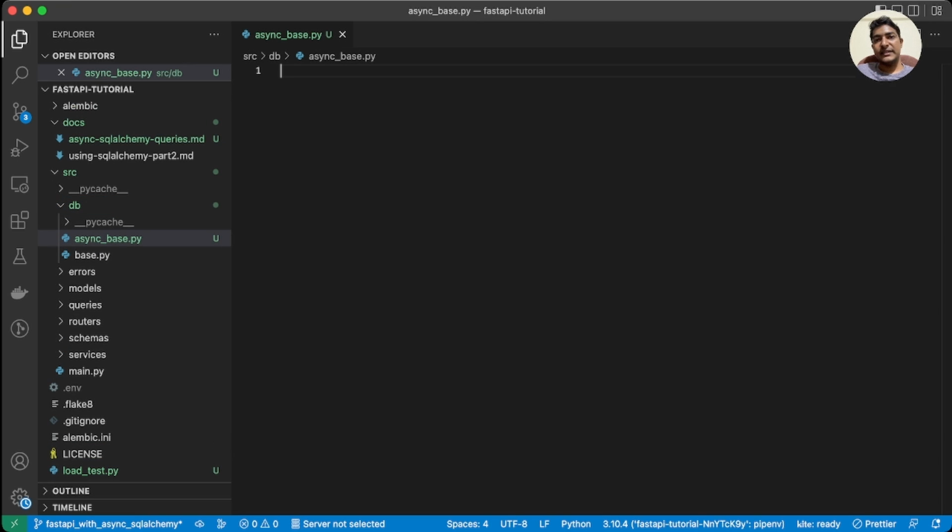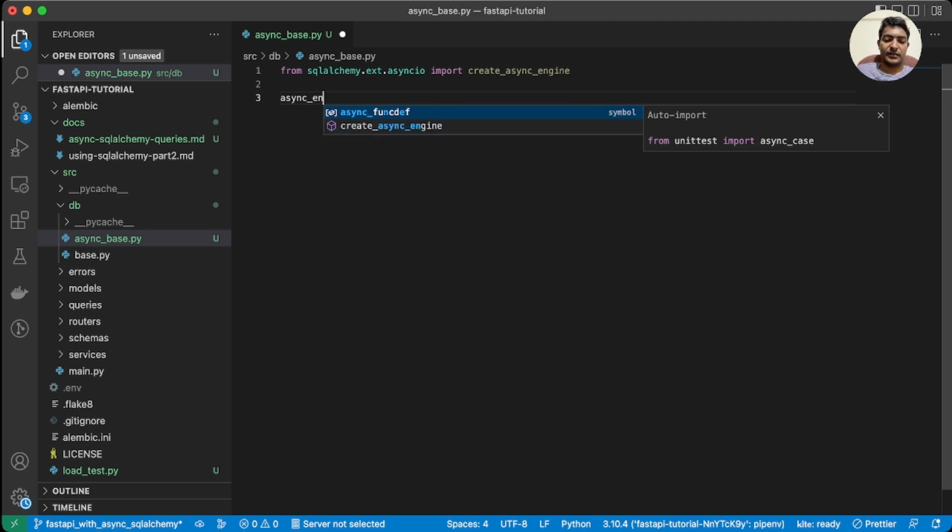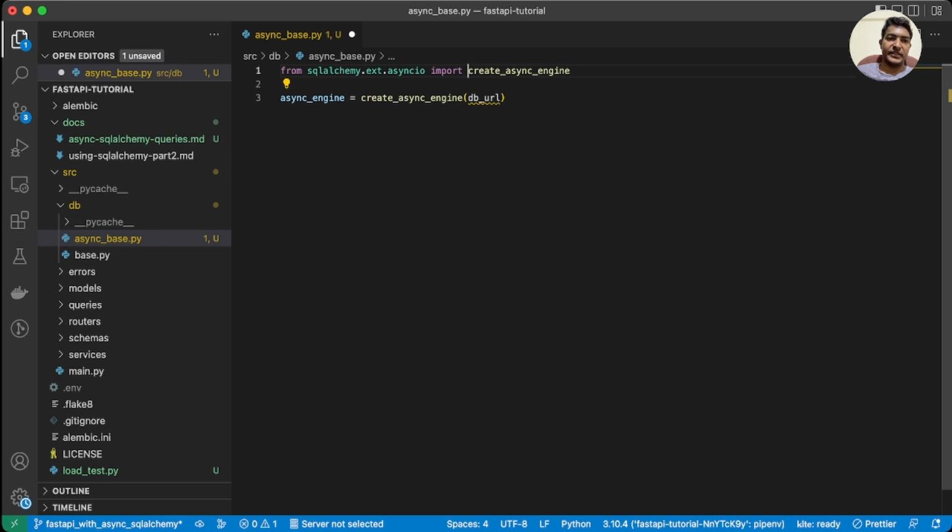Now we need to create the async engine. So let's import the statement from sqlalchemy.ext.asyncio. So import create_async_engine. In order to create the async engine, we need a database URL. Let's create engine, async engine, and we need DB URL. So let's construct the DB URL first. DB URL equals to